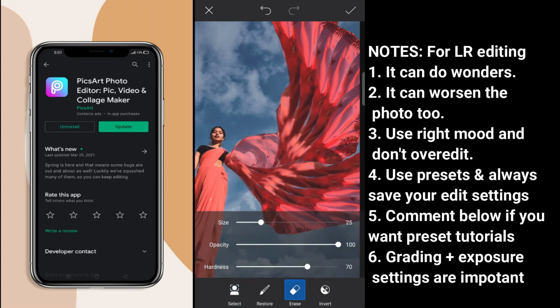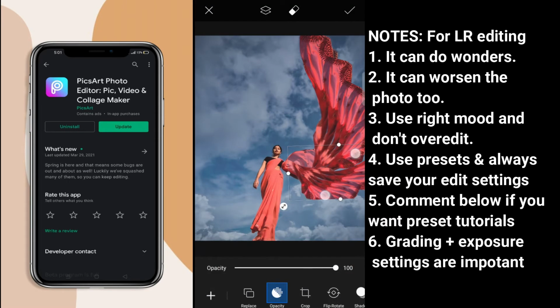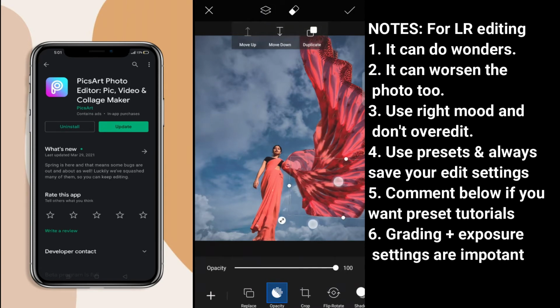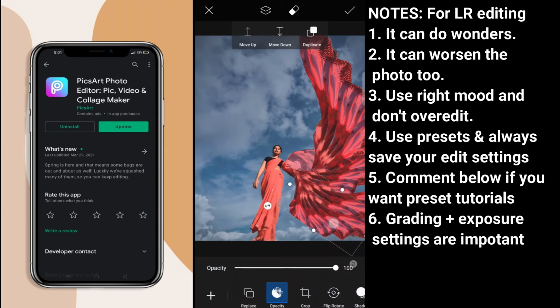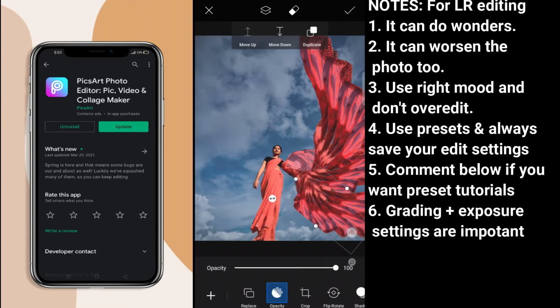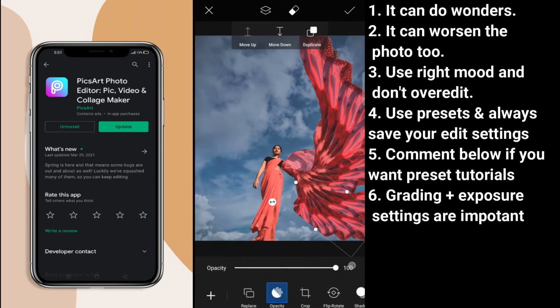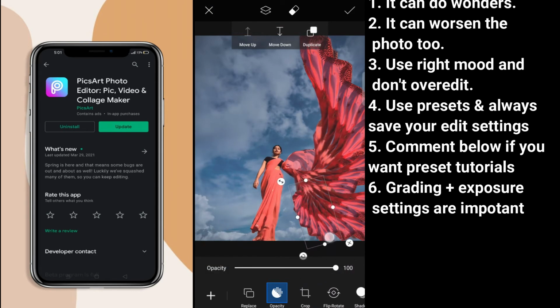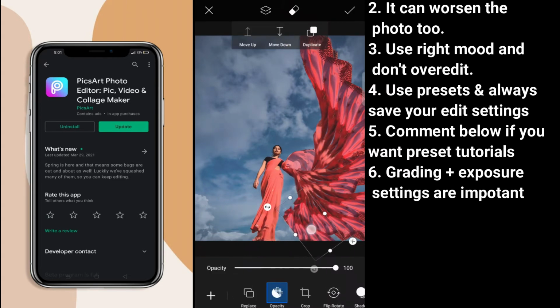So I saw there's some blue thing going on. So what I did, I made it look like a wing, and I duplicated it. Near the erase tool, you'll see some layers. In layers, you'll see duplicate, move up and move down. So move up and move down is for actually moving that particular selected object upwards or downwards. So that is the whole concept of it. And about this wing, this is how I created the first wing.